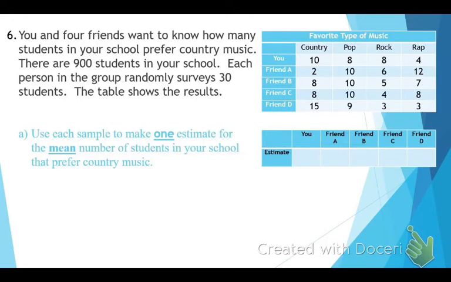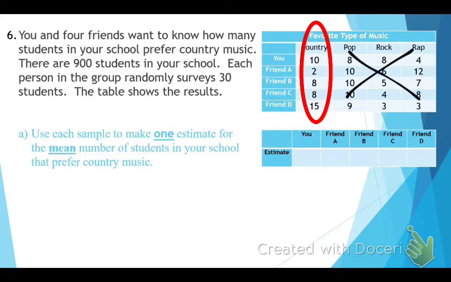Here's what I want you guys to do, please. Take your red pen and circle just the country people, which means we do not care about the other part right now. I don't care about pop. I don't care about rock. I don't care about rap. So we're not focusing on the other ones. For this problem, we are focusing on the country music